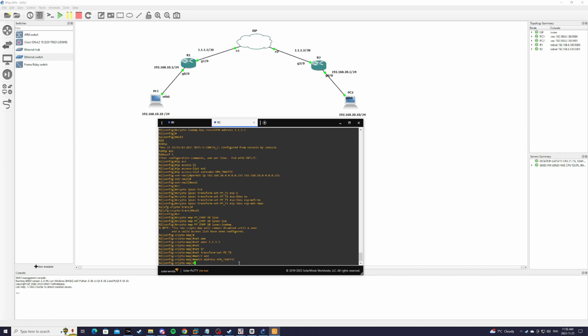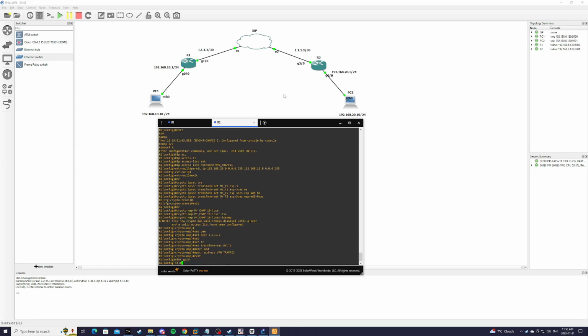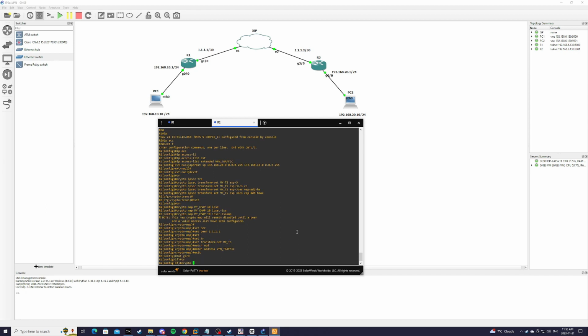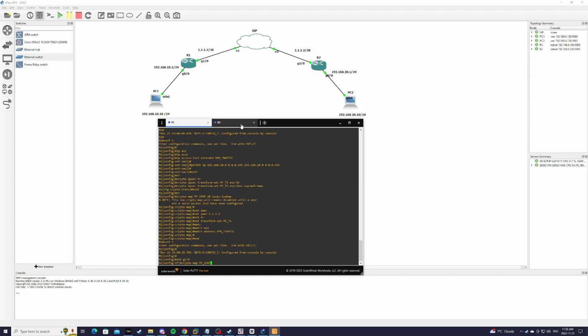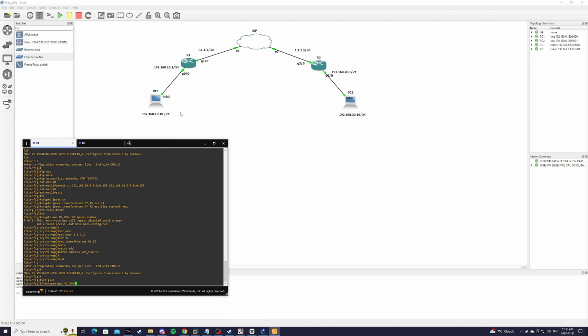And again, we're going to interface G2/0, the exit interface. And we're going to enable our tunnel. So crypto map my_CMAP. And before I actually hit enter for both of our IPsec configurations, I'm just going to go to PC1